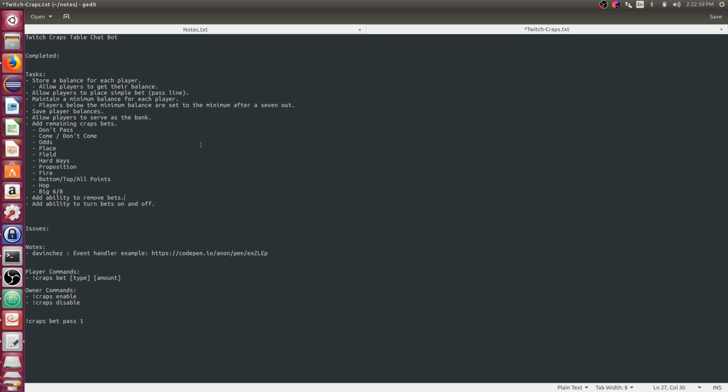Many craps players are suspicious about lots of different things, and so they may want the ability to remove a bet after a certain point, even though normally it might be best to keep it on. Add the ability to turn bets on and off, so maybe you want to temporarily disable a bet, but don't want to remove it completely. So if you feel bad or good about a particular roll, you could turn some of your bets off, and then turn them back on after a little bit.